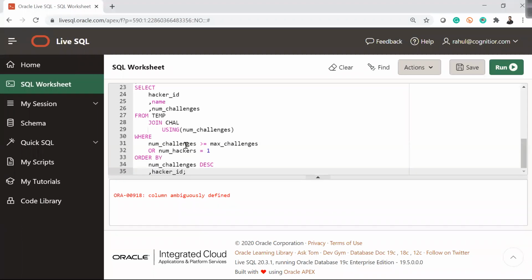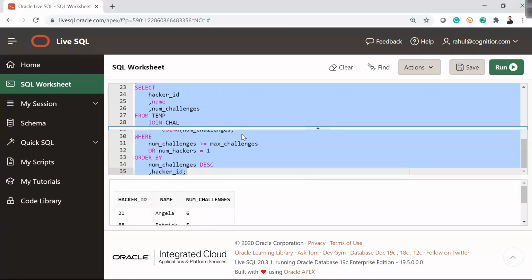Right, so this is the output which you are getting.